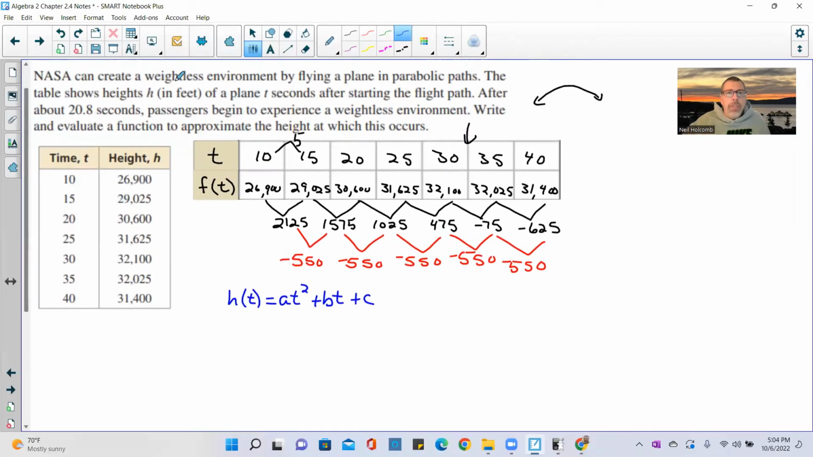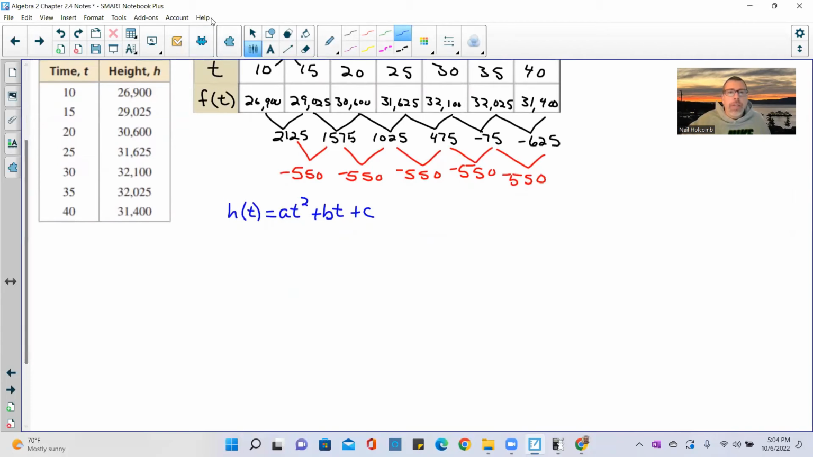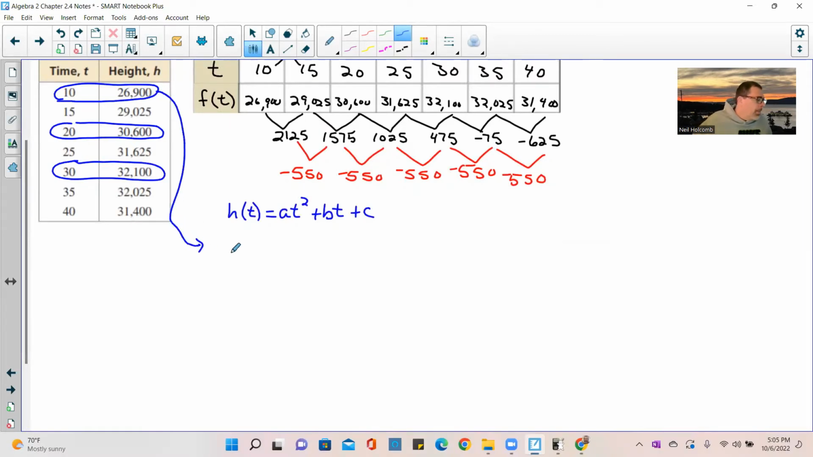Okay, so now it says up here, after it says to, what does it say? Write and evaluate a function to approximate the height at which it occurs. So what we want to do is use 3 different points and pick points that make it easy. When t is 10, t is 20, and t is 30. It's easy to do multiples of 10, so we'll do that. So if I used 10, 26,900, I'll come down here for that one and put it here. And what that's going to be is h of t, 10,